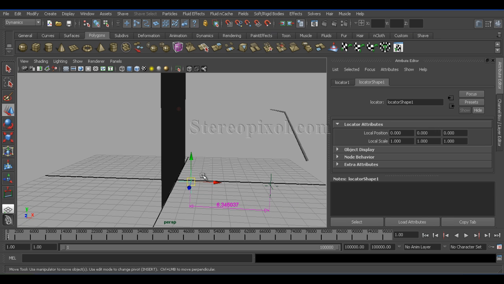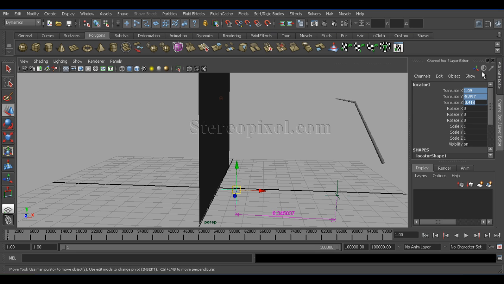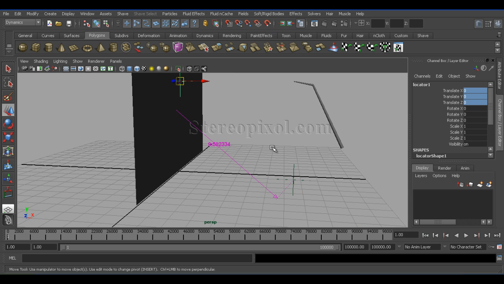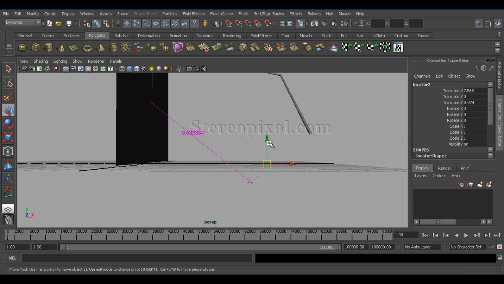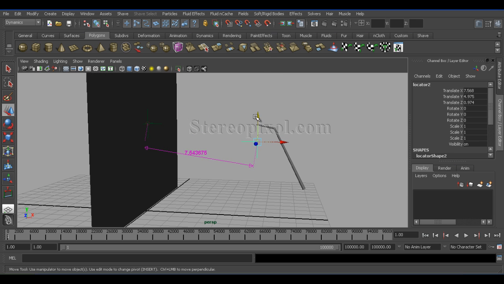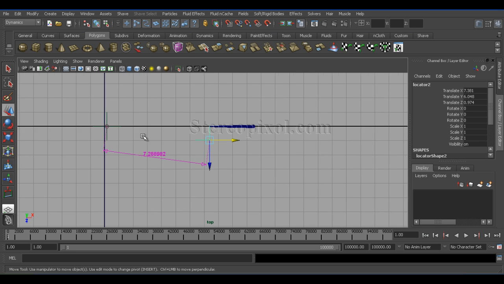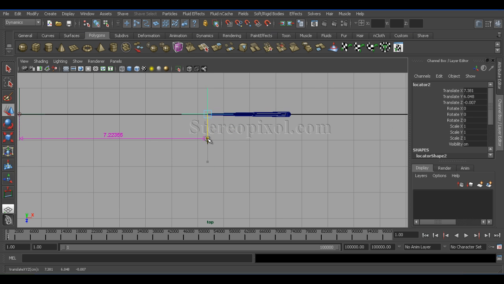So select the locator and make the translate value 0 so that it will move onto the pivot point of the parent object. Here is the locator. So it's a nice trick to snap any object to another. And just reposition the